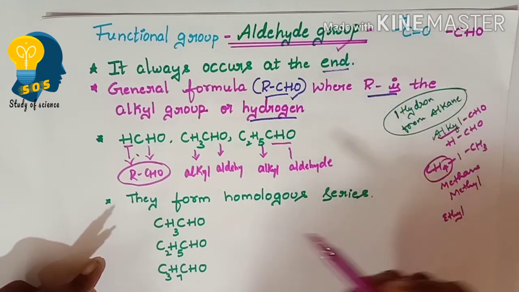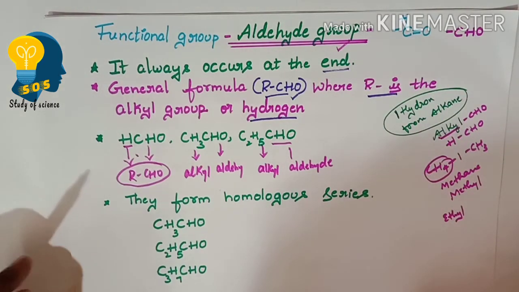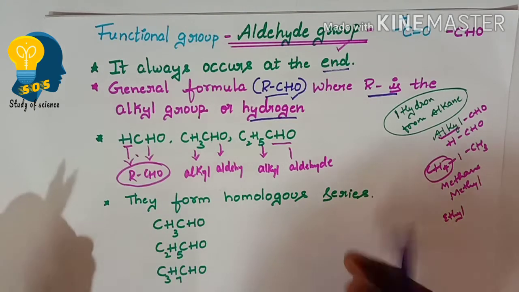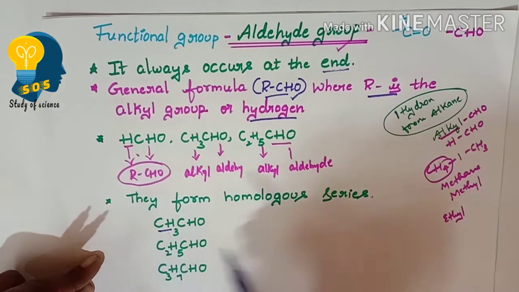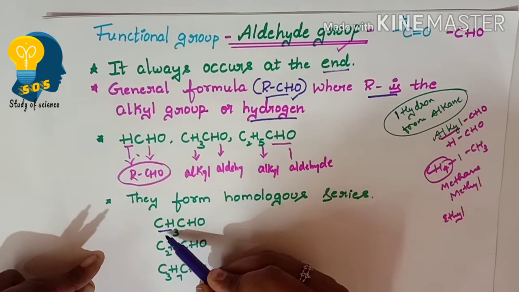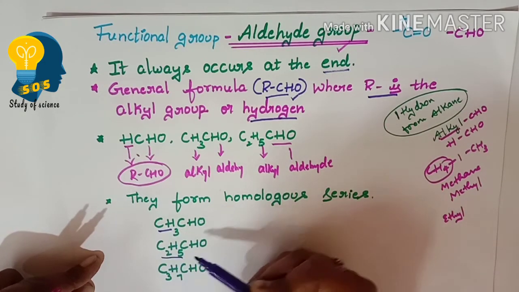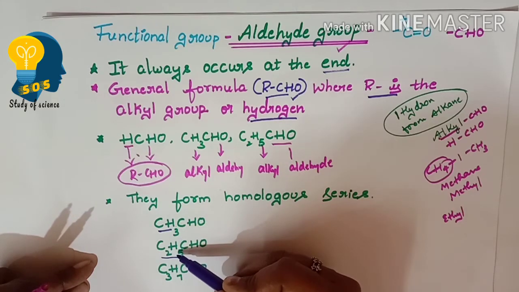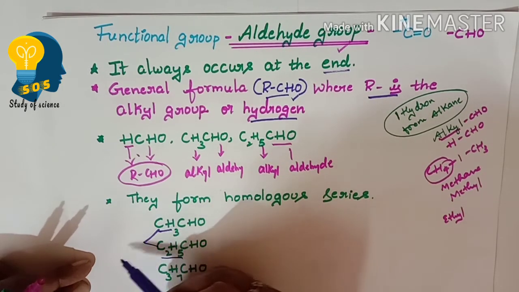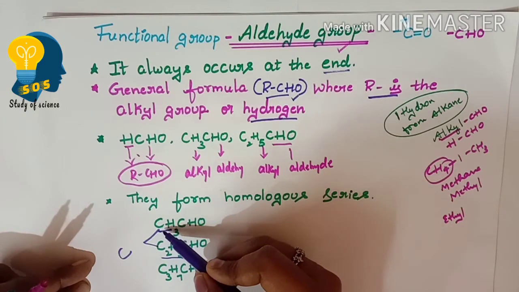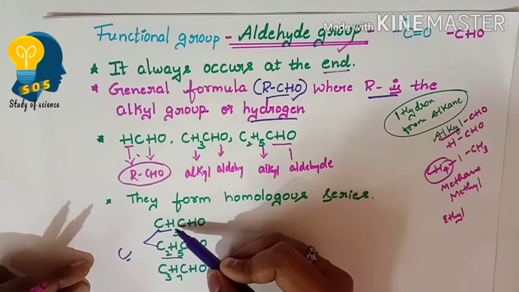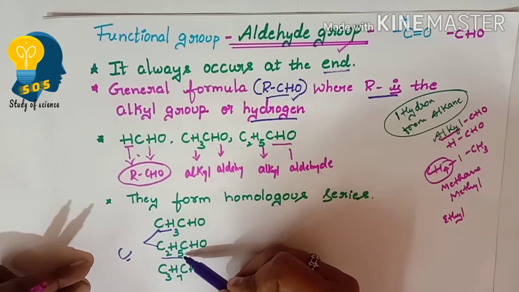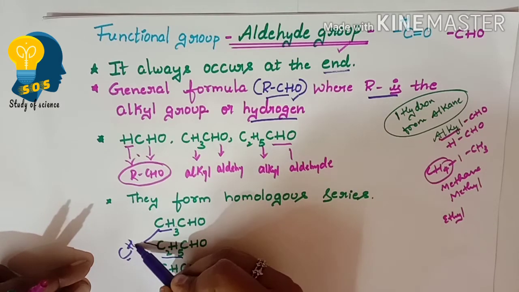And one more thing you have to remember: all these molecular formulas which belong to the aldehyde group also form the homologous series. What is homologous series? We know homologous series are the series where we can find the difference of CH2. So let us look whether we have a CH2 difference here. Look at CH3, this is methyl, and then this is ethyl. What is the difference between CH3 and C2H5? You can observe there is one carbon difference. Here there is one carbon atom and here there are two carbon atoms. Then here there are 3 hydrogen atoms and here there are 5 hydrogen atoms. So there is a 2 hydrogen atom difference.